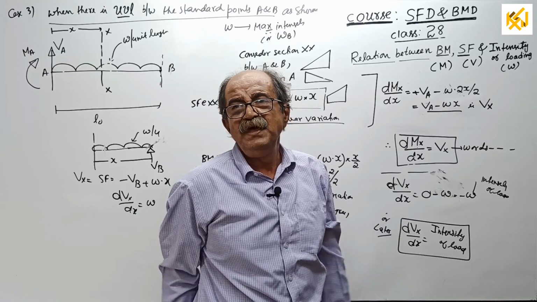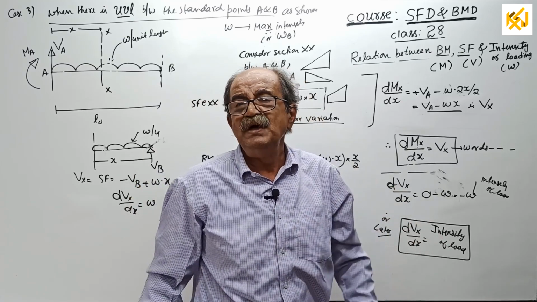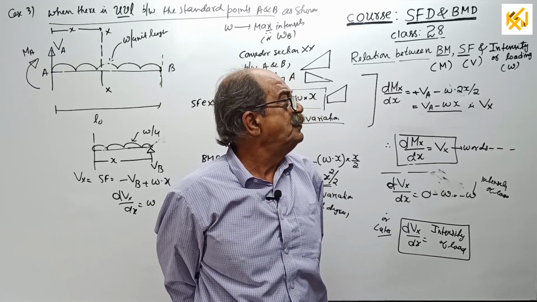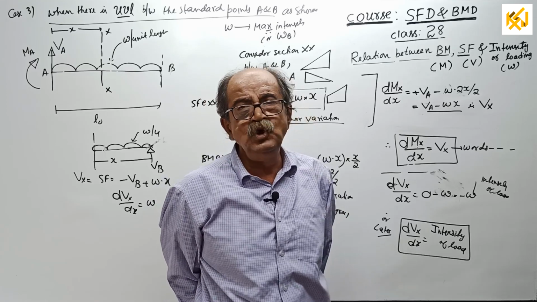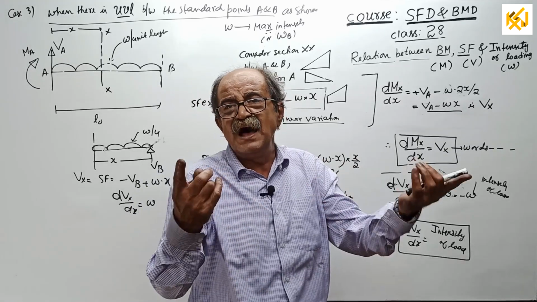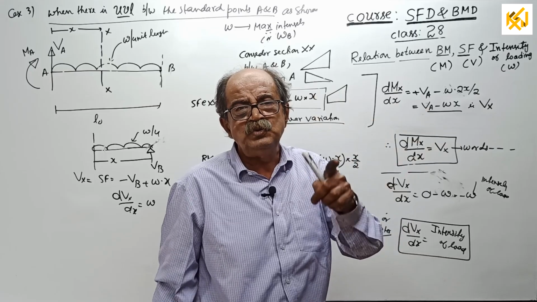What we want is, when there is no load between these 2 points, the special case of zero shear force, then regular case, no load. Then second case, UDL between two standard points. Third case, UVL between standard points. I will finish that one and wind up this class. Next class, I will give a very systematic summary that you have to go through again and again.